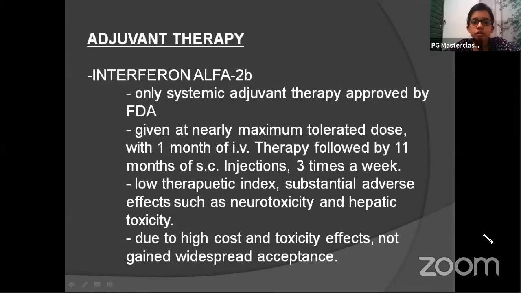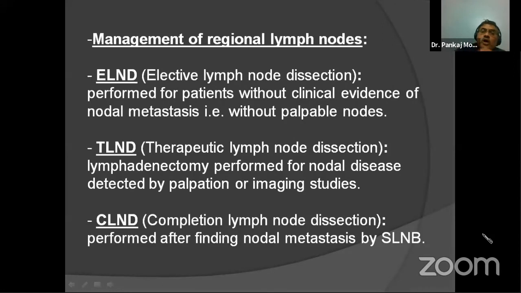Coming to adjuvant therapy. Go back. So now how do you decide on this one? Which are the investigations? Is there any definite protocol that you go for in all cases? Is lymph node sonography or CT scan necessary? Sir, first of all, if the lymph node is clinically not palpable, then we can go for sentinel lymph node biopsy, sir. Okay, and if it is palpable, do we go for a sonography or CT? Sir, if it's palpable, it has to be resected. We go for therapeutic. So is there any role of FNAC in such cases?